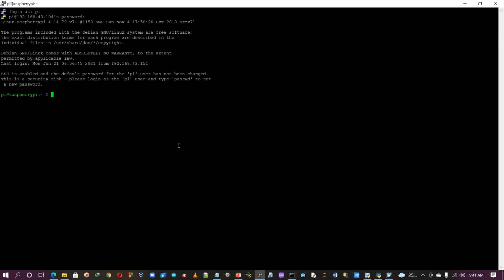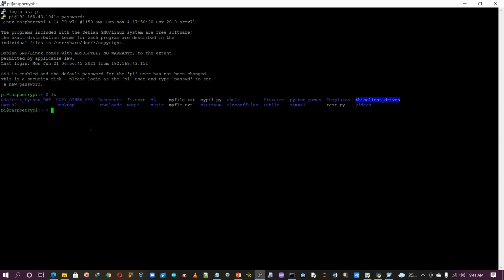See here, this window is not related to my laptop. Actually this is related to that Raspberry Pi board. I am accessing that Raspberry Pi board on my Windows machine, on my laptop. So we can do each and everything. For example, this is Linux, so you must have knowledge of the basic Linux commands.